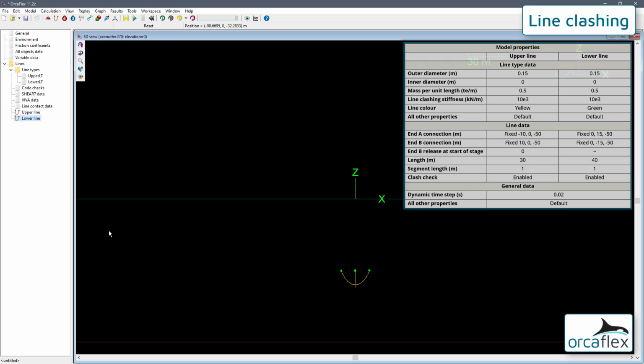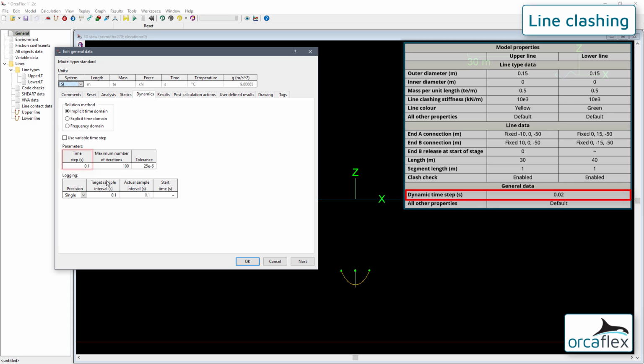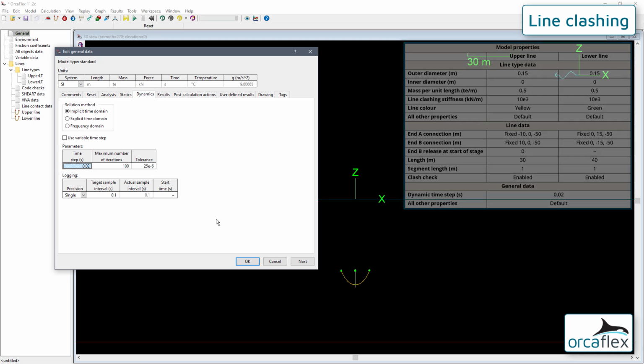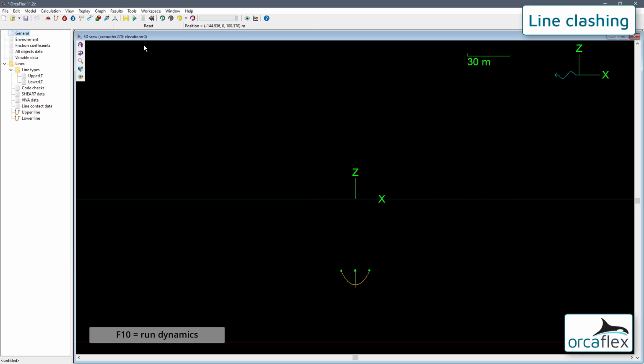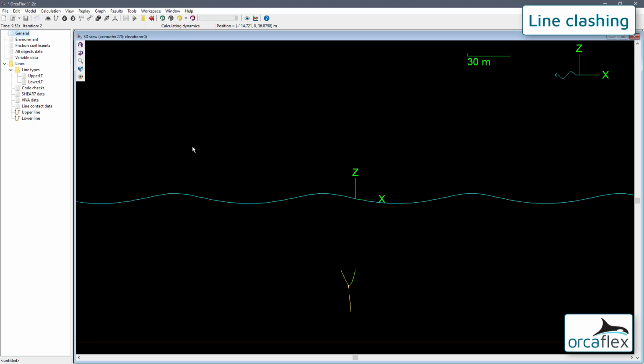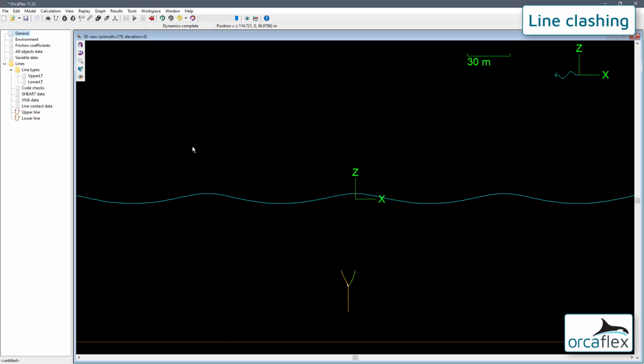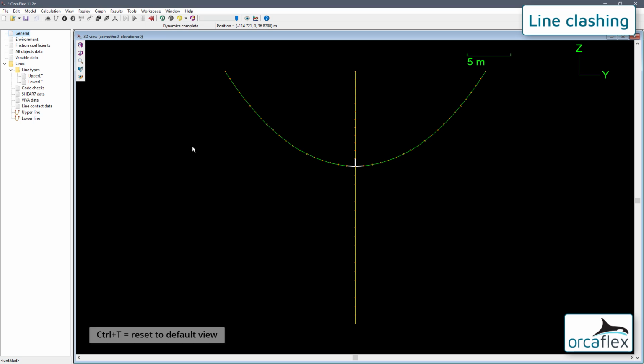Finally, for this model, I'll go to the general data form and set the time step to 0.02 seconds on the Dynamics page. Now, when we run the simulation, we should see one end of the upper line released at the start of dynamics, allowing it to fall and make contact with the lower line.